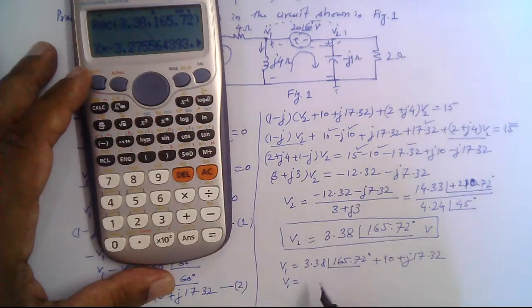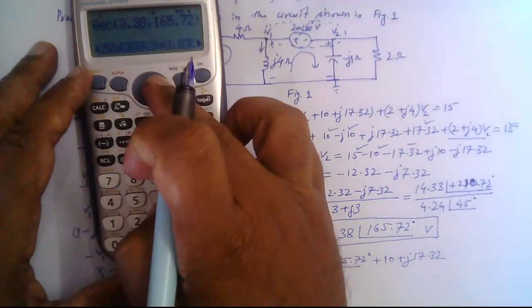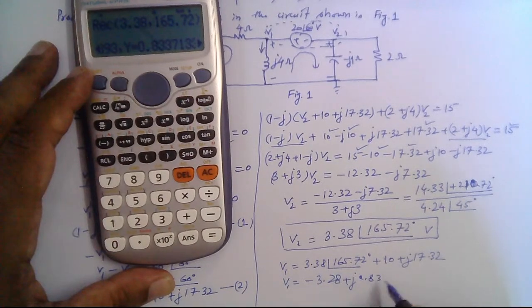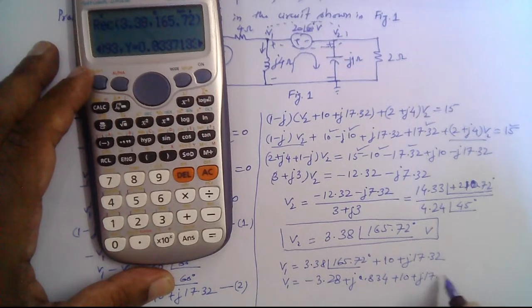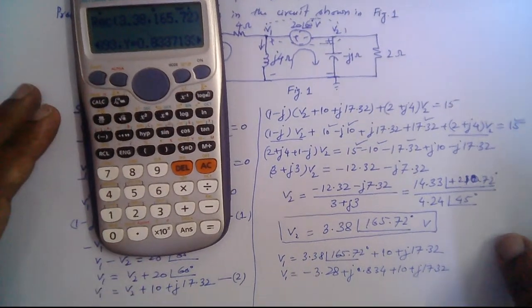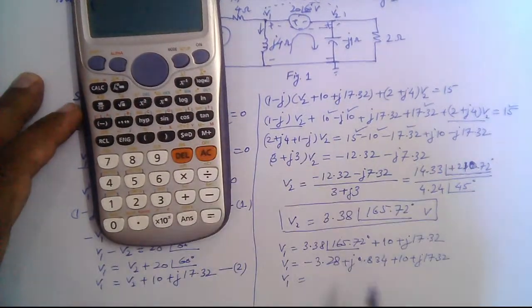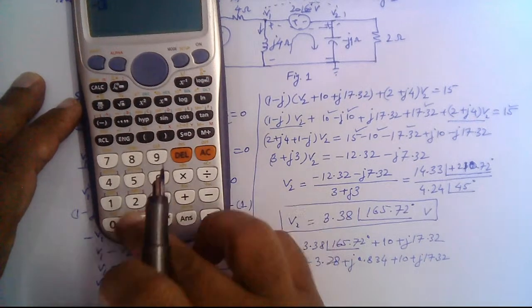So that is minus 3.28 and y part j0.834, plus 10 plus j17.32, right? So V1 is equal to, we add the real parts and the imaginary parts,